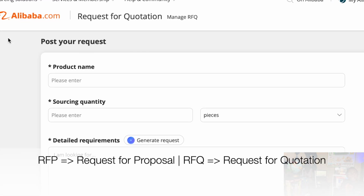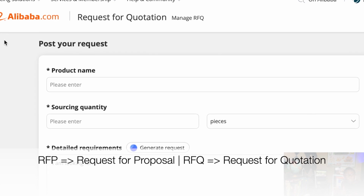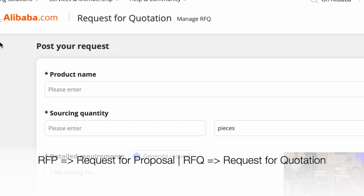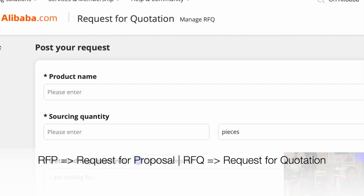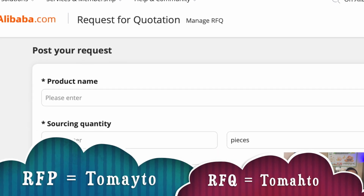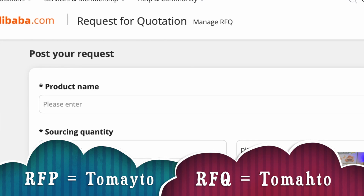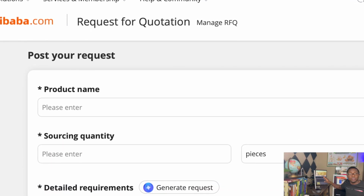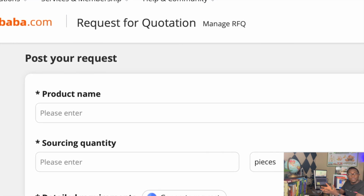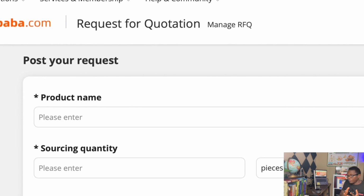So what is an RFP in the first place? Let me explain that. RFP generally stands for request for proposal. It's a commonly used business term, where you can actually detail what you want, and then Alibaba will help you disseminate that information to several other suppliers, because Alibaba has thousands of suppliers on their platform, and they will send all that to their suppliers and say, okay, go ahead and send your quote. Kelvin is looking for this particular item, send your quote, and this is the quantity that Kelvin wants